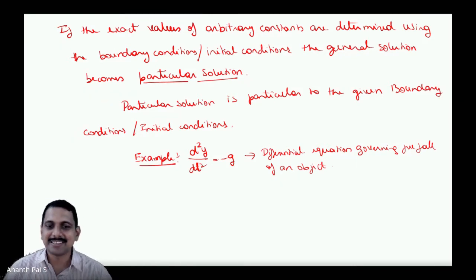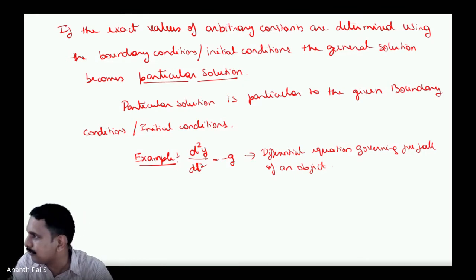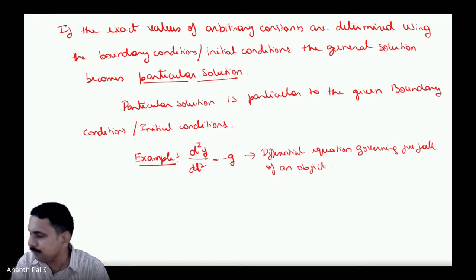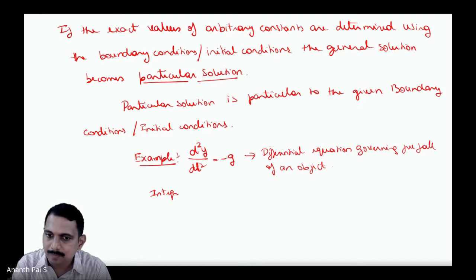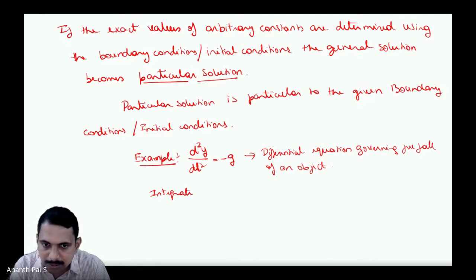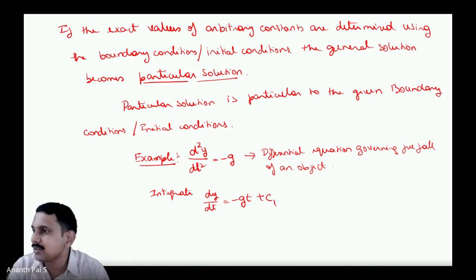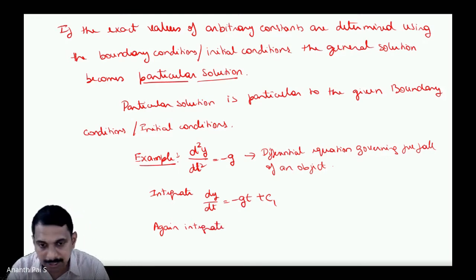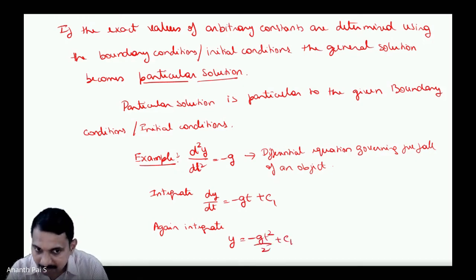Okay, so the differential equation governing free fall of an object. Now if I want to solve this differential equation, what do I do? First integrate. When you integrate, you get dy by dt is equal to minus gt plus a constant c1, which is an arbitrary constant. Again integrate. When you integrate again, you get y is equal to minus gt square by 2 plus c1t plus c2,